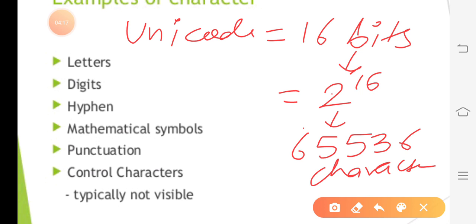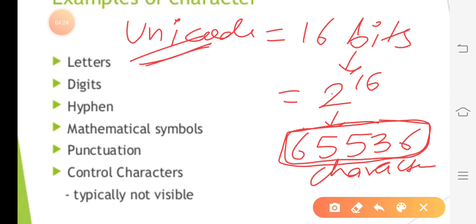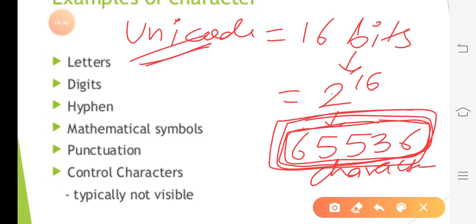That means this many characters you can represent by following this Unicode scheme, which is enough to represent almost all the characters defined in different languages, like English, Arabic, Chinese, Japanese, German, whatever it is. तो हर एक लैंग्वेज में अलग अलग कैरेक्टर्स यूज़ करते हैं. तो इतने सारे जो कैरेक्टर्स हैं, ये वैल्यू एक्चुअली इनफ होती है जितने भी अदर लैंग्वेजेस हैं उनके कैरेक्टर्स को डिफाइन करने के लिए,